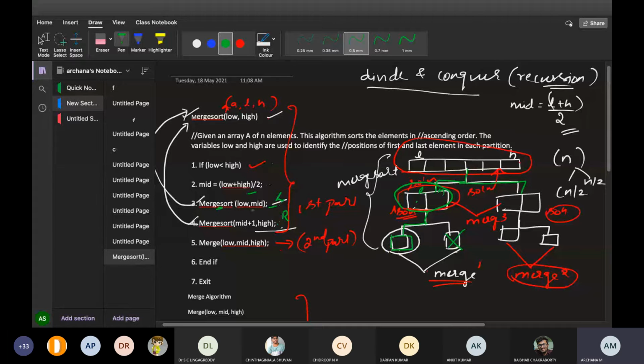Again you will get a single element. Now it will go back and call the function. Now when this function checks if low is less than or equal to high, here low is not less than or equal to high, so it is false. As soon as this becomes false, it will come to this right part. Till then it will not divide the array into right subparts. That is very, very important.